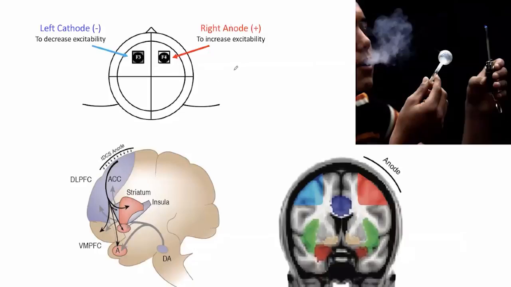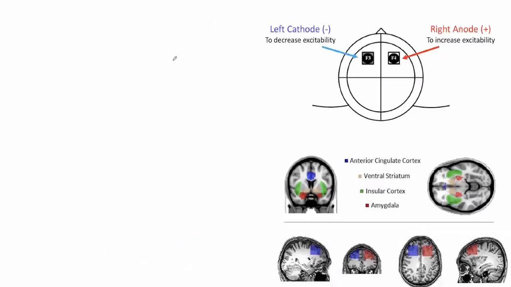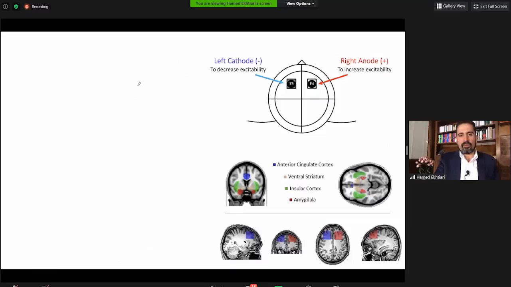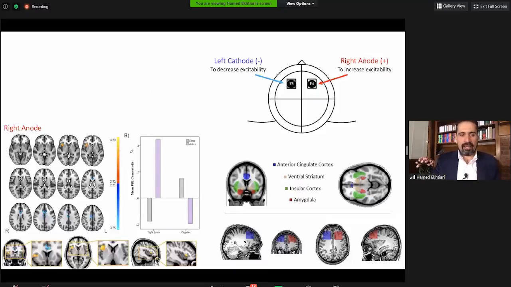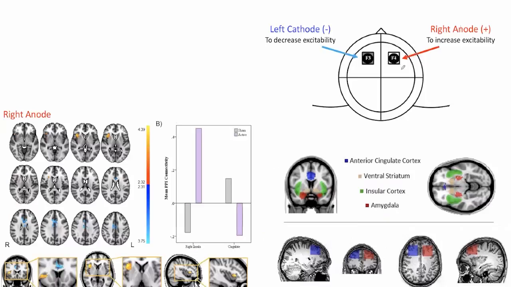So it's just getting more and more interesting in terms of how we can explore this specific network more. We had a database with fMRI data. So let's go back to this database and see if we have top-down regulation, as we discussed today, between these frontal areas and subcortical areas that we have been discussing. So we brought again the database that we had, and we realized, yes, there is, when we just consider the node under the anodal electrode here, which is a node that we were stimulating with